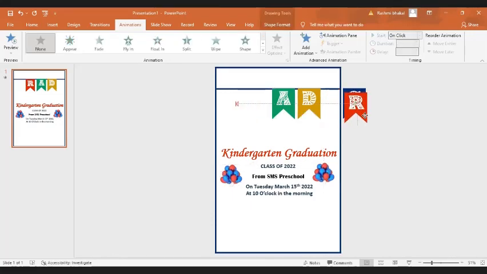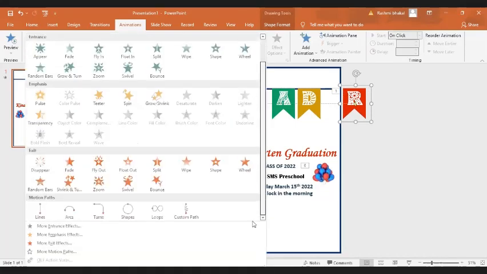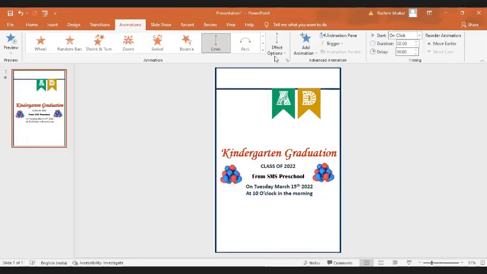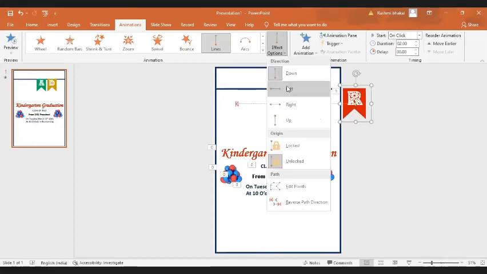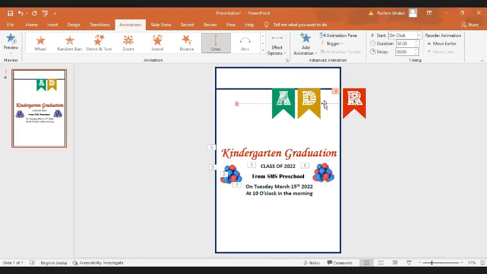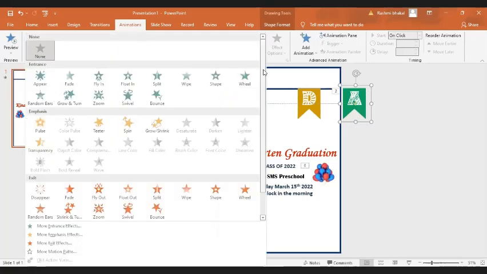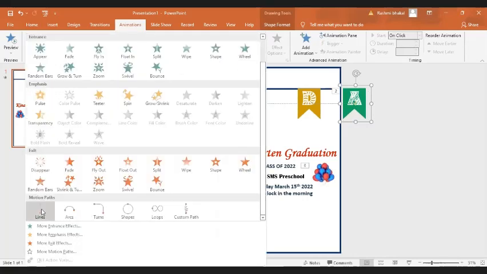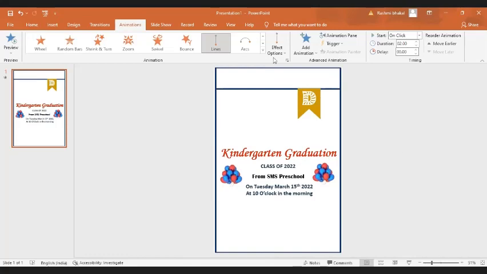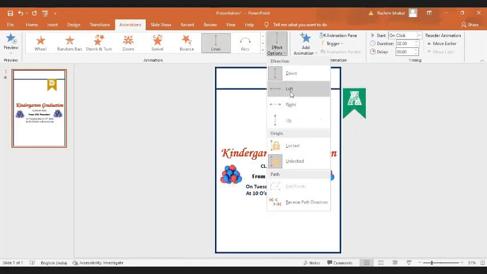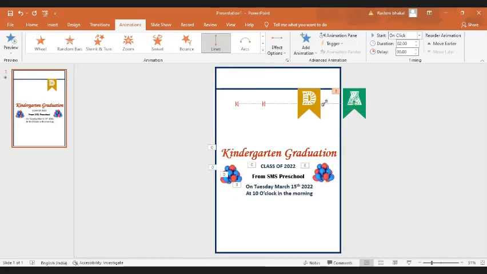Similarly, same kind of animation we'll give to the R as well. So we'll bring it here, same lines, in the effect options, left, and let's change the endpoint and let's bring it till here. Okay, now same way for A. Okay, we'll go to the drop down menu, click on lines, in the effect options, left, and here let's